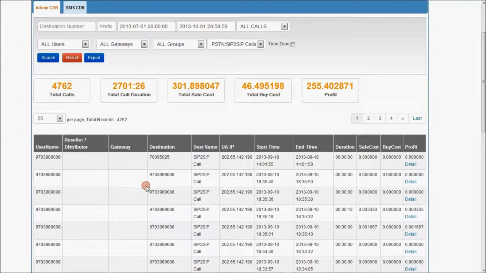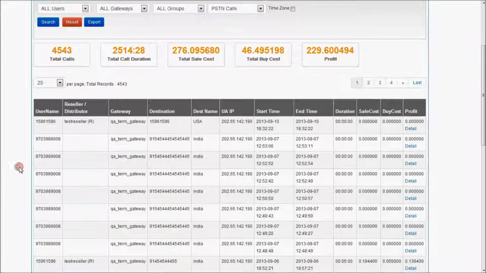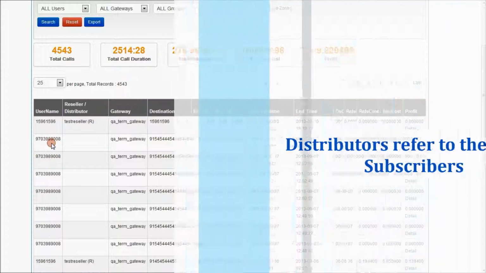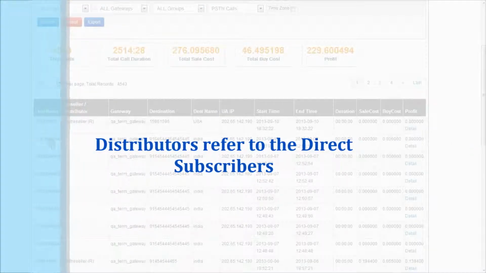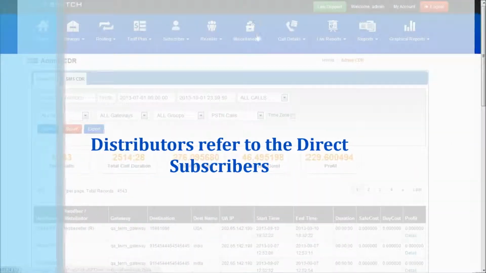As you can see, on selecting the PSTN calls, there is a difference between reseller and distributor. There is an empty space for a reseller. The calls with empty reseller or distributor are nothing but the direct subscribers, the subscribers created under admin directly.